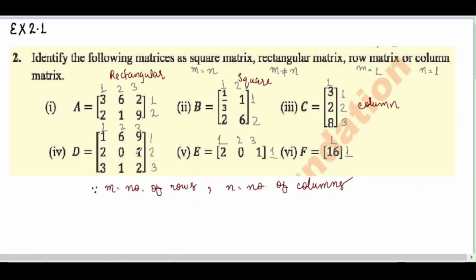Here we can see that there are 3 columns and 3 rows. When the number of columns and number of rows are equal, it is a square matrix. Now here there is 1 row and 3 columns. So when there is 1 row, it is called a row matrix. We can also say that it is a rectangular matrix, but it is closer to a row matrix because it is following its condition. That is why it is more appropriate to call it a row matrix. Now here the number of rows is 1, and the number of columns is also 1. So when both of them are the same, we call it a square matrix. It could also be a column or row matrix, but since both are equal, it is more appropriate to call it a square matrix.